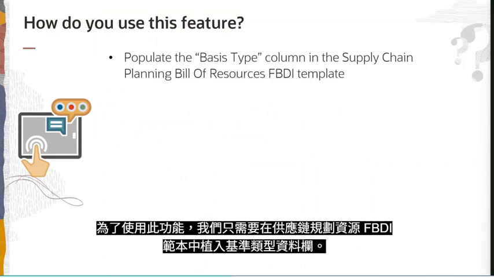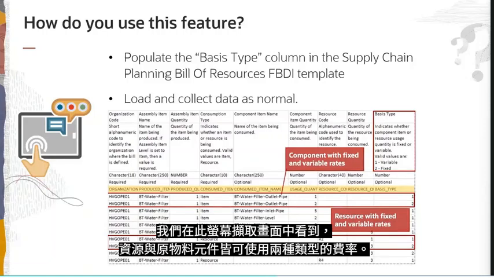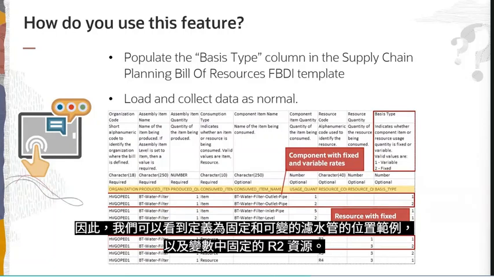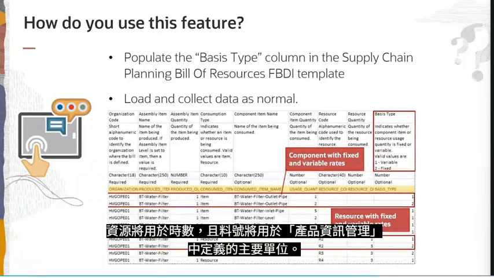We see here from this screenshot that it is possible to have rates for both resources and material components. So we can see examples of where our water filter outlet pipe is defined to be fixed and variable, as well as our R2 resource is fixed and variable. With the basis type defined, we can now populate the usage quantities. Resources will be used in hours, and items will be used in whatever the primary unit of measurement is. Some tips and considerations